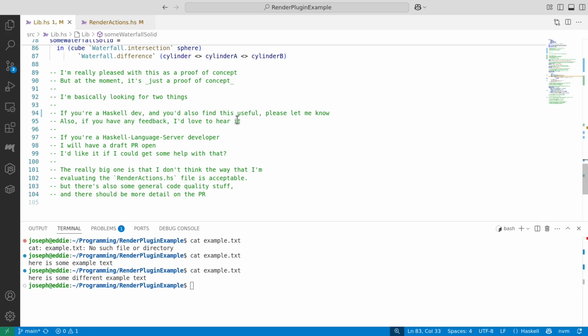At the moment, I think this Haskell Language Server plugin is demoable, but I don't think it's necessarily mergeable. Haskell Language Server has a plugin structure, but those are statically linked, so in order for people to use something, it has to be merged into the main body of Haskell Language Server code. And there are a number of things with this project that I don't think are mergeable at the moment. The really big one is I don't think that the way that I'm evaluating the render actions HS file is acceptable. I don't think I'm doing that in a way that would make sense to merge into the main body